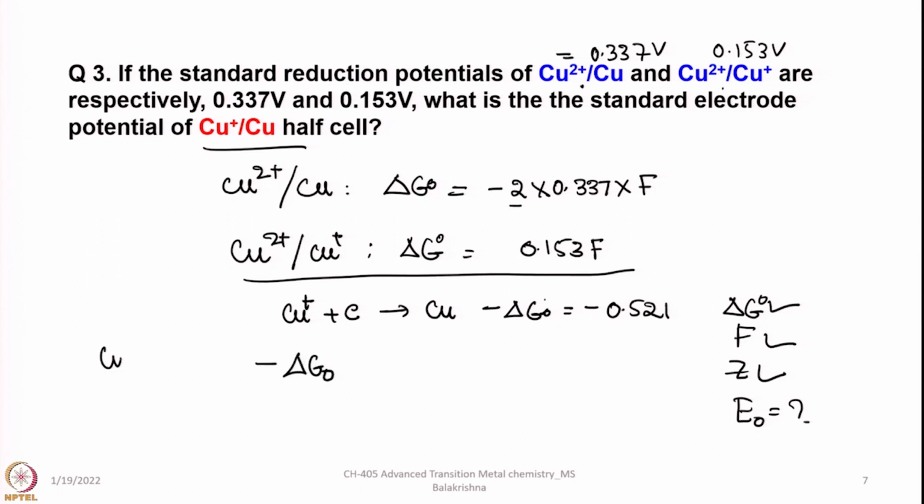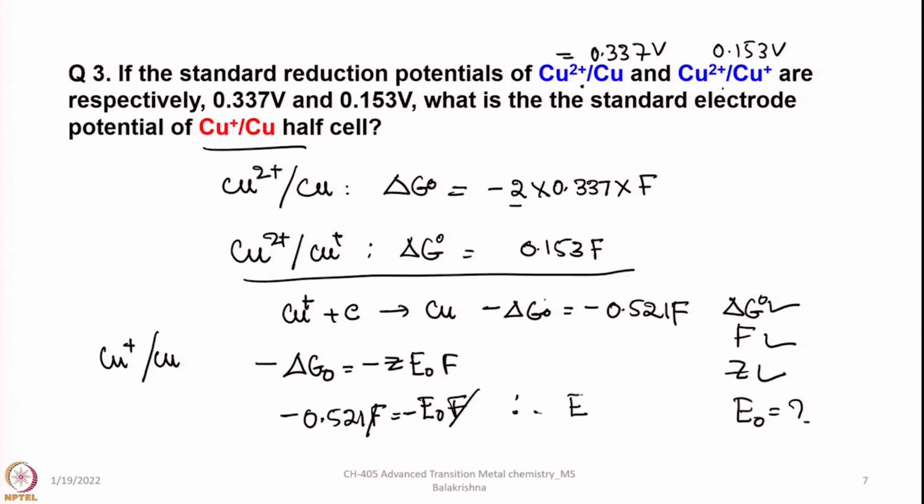for the Cu+/Cu couple equals minus Z E naught F. Okay. So, this value is already there, this is F. So, I shall put minus 521 F equals, here Z is 1, simply this is E naught F. So, therefore, this is also minus, therefore, E naught